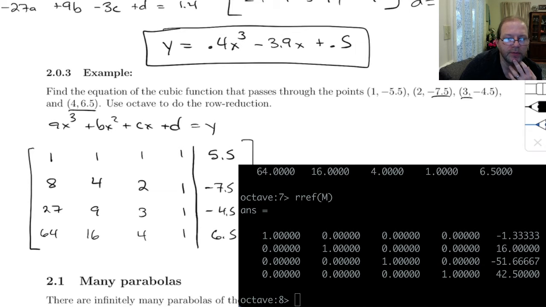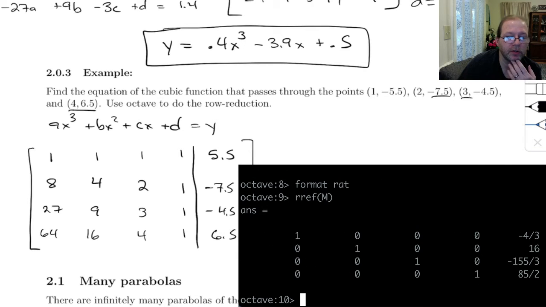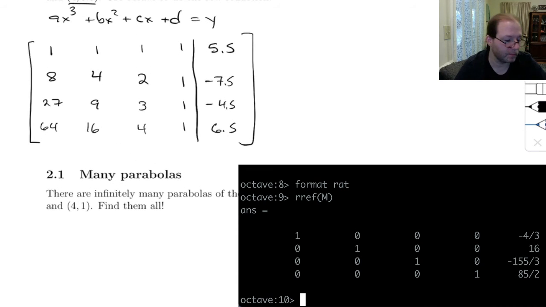All right, there's some fractions in there. We could work out what they are, but rather than work them out manually, let's just change the format to rational and then row reduce it again, and it gives us that. So I can read this off, and